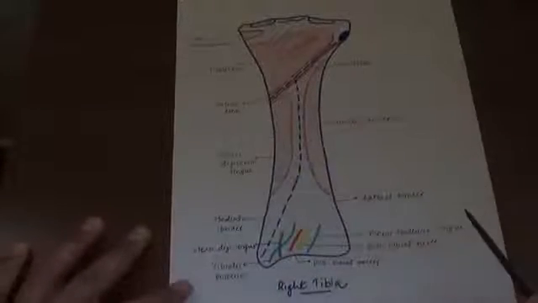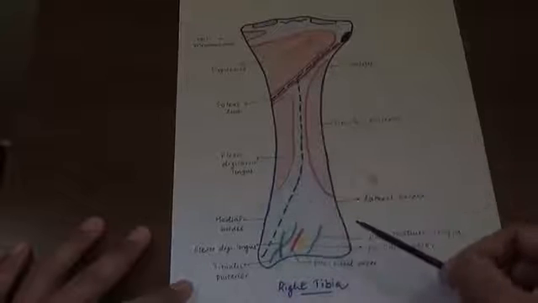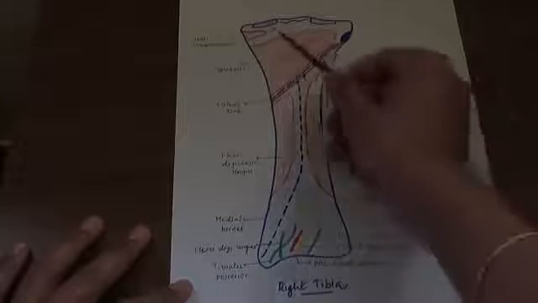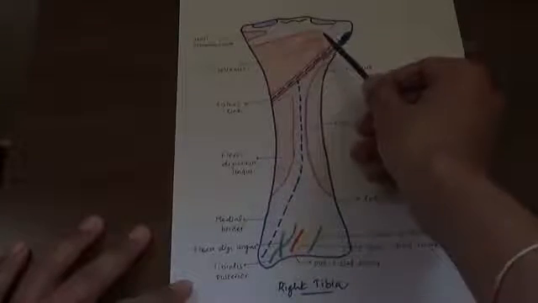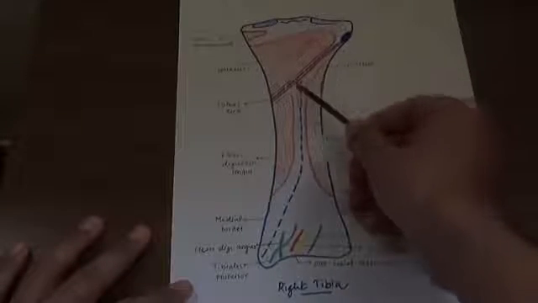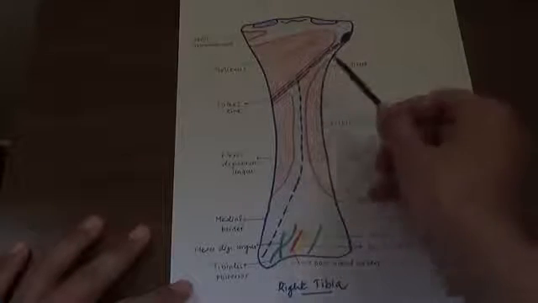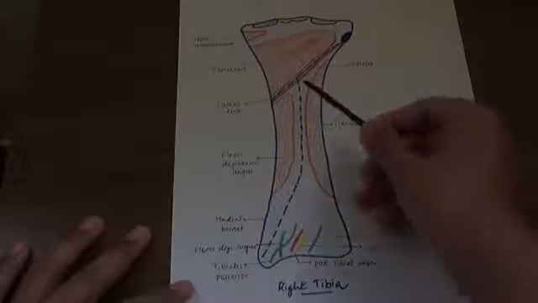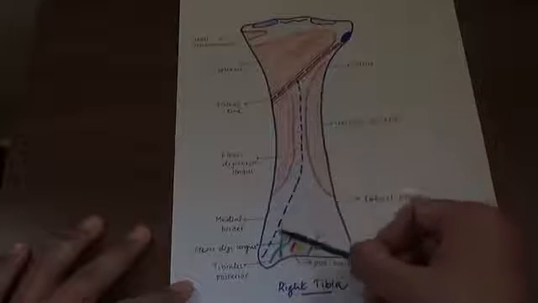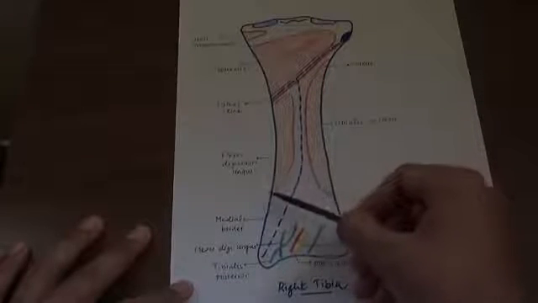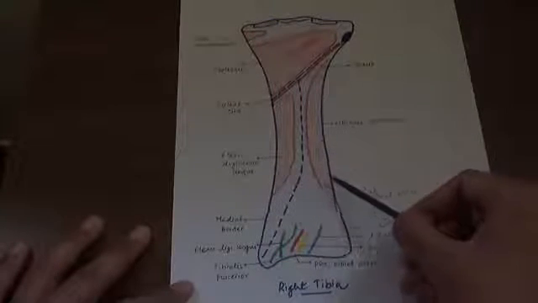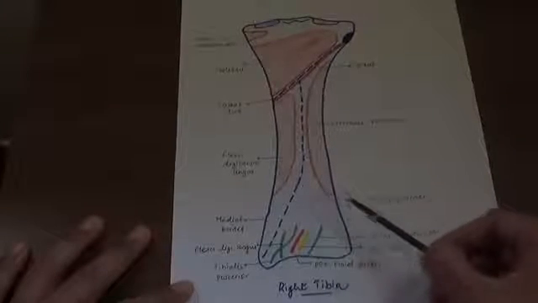Now let's see attachments along the posterior surface. So this is the right tibia showing its posterior surface, this is the soleal line and this is a vertical ridge. This one is the upper triangular area which provides insertion to popliteus muscle. The soleal line provides attachment to soleus muscle, the popliteus muscle and fascia covering popliteus muscle. In the lower part, the medial portion, medial to this vertical ridge, provides origin to flexor digitorum longus muscle, whereas this lateral area in the upper part provides origin to tibialis posterior muscle.